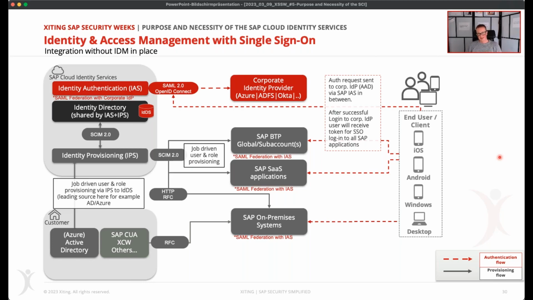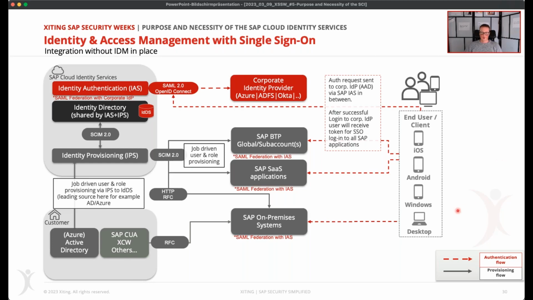However, the more sources you have, the more complex the setup will be. So it's not so easy to consolidate data from many sources into the identity directory, because things are getting overridden with the next resyncs and so on. So you have to really take care about what you do. That's one scenario without IDM.